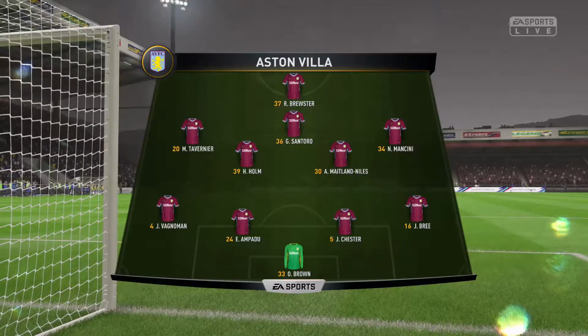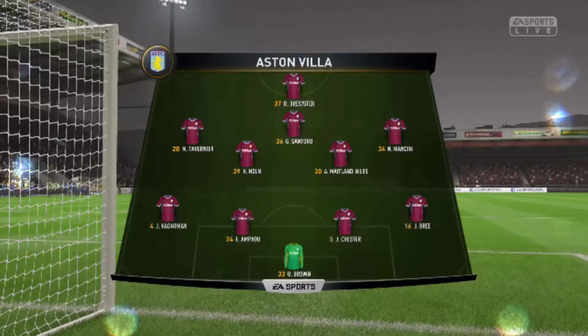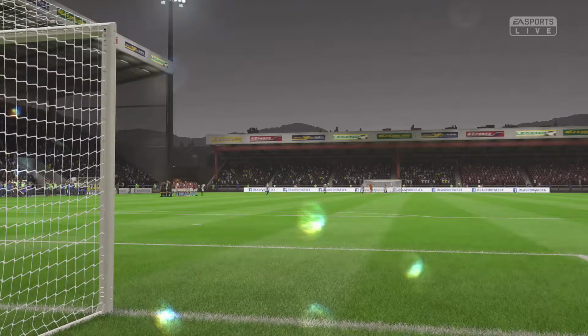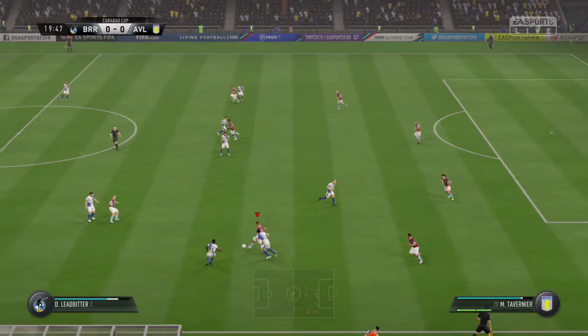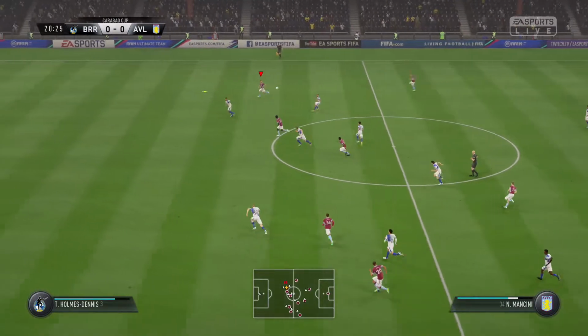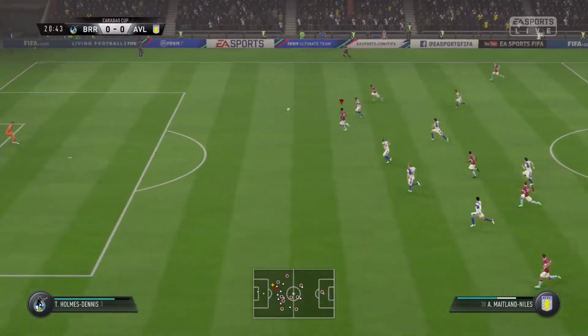In goal we've got Ollie Brown, Wagnerman left back, and Pardos and Chester are in the middle, with James Bree out on the right hand side. We've got Marcus Tavernier on the left, Holm and Maitland-Niles in the middle, with Mancini playing out on the right hand side, Santoro's playing in the cam position with Brewster up front. So it's a 4-4-1-1 formation, not what we would ordinarily play,